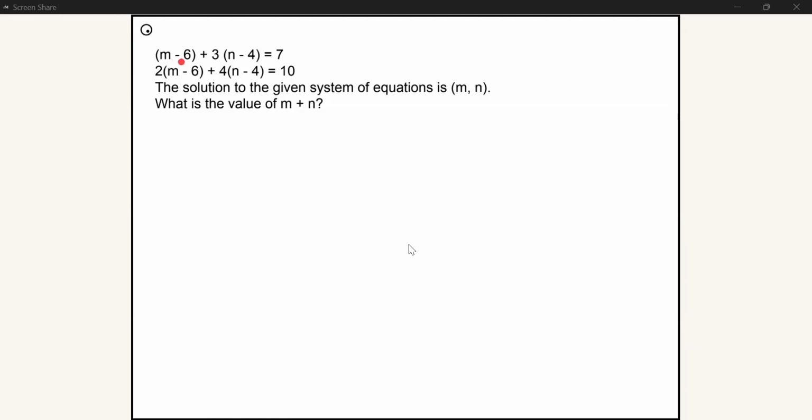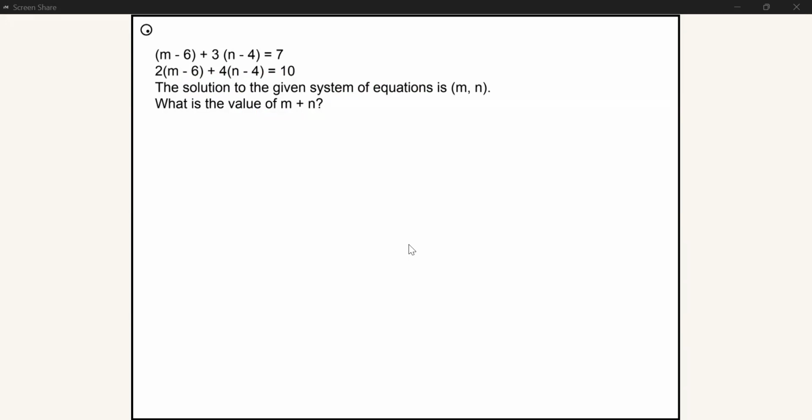(m minus 6) plus 3(n minus 4) equals 7. 2(m minus 6) plus 4(n minus 4) equals 10. The solution to the given system of equations is (m, n). What is the value of m plus n? So